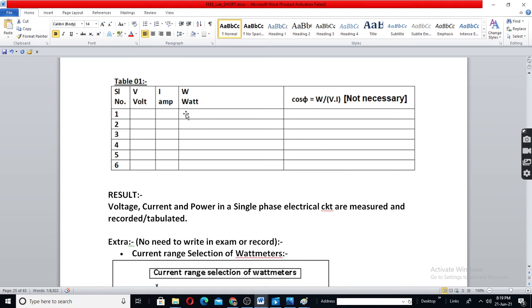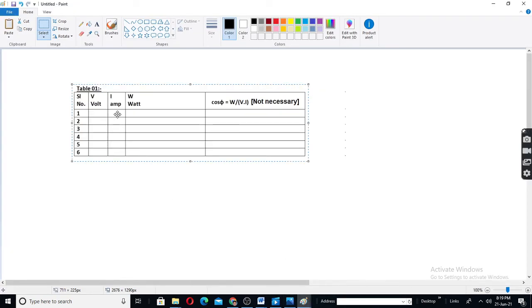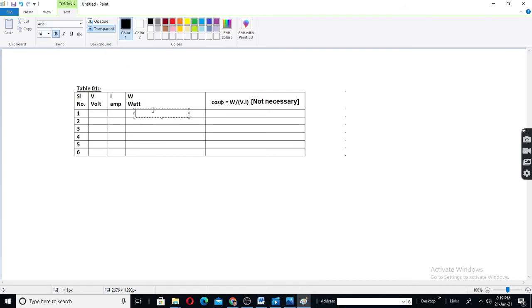So 200 into 2 is equal to 400. Okay, like this. Write here: 200 into 2 is equal to 400, or say 210. If you got 210, into 2 is equal to 420.